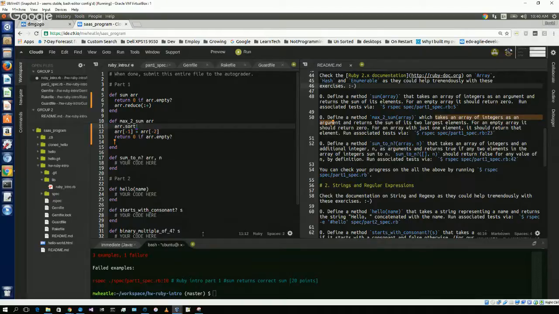Set up a test on this piece, return value of the element if just one element. You do it with an if statement, I suppose. So let's go, if